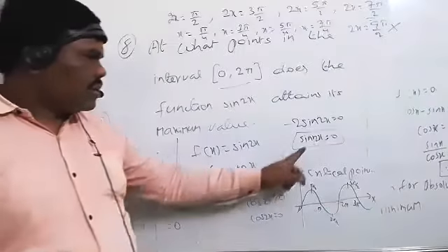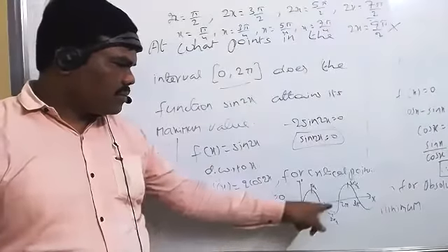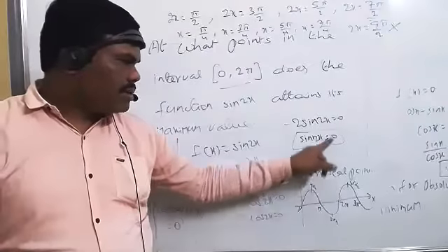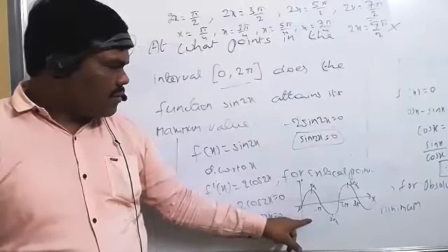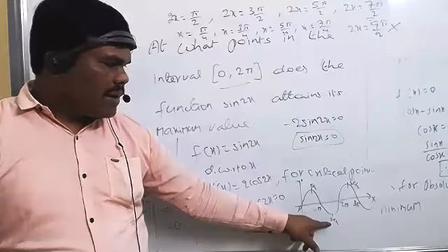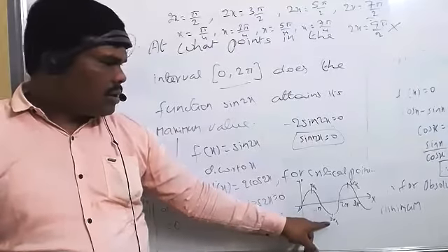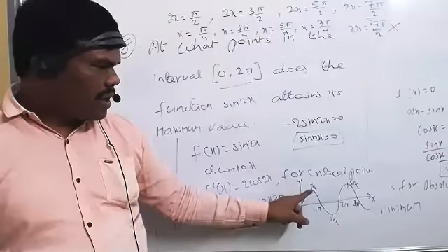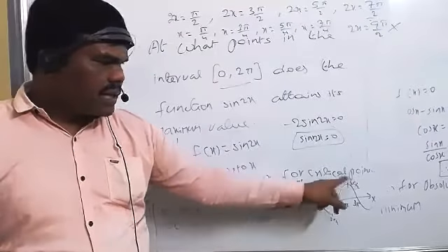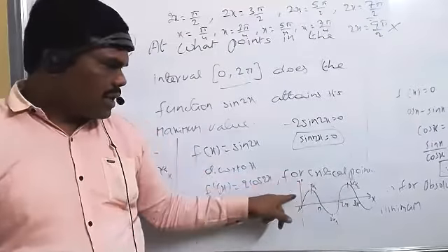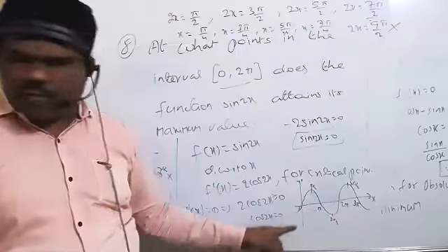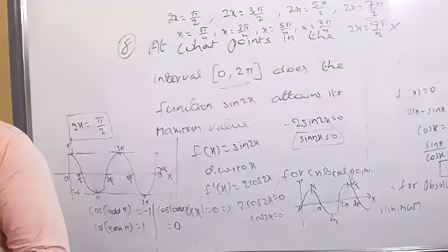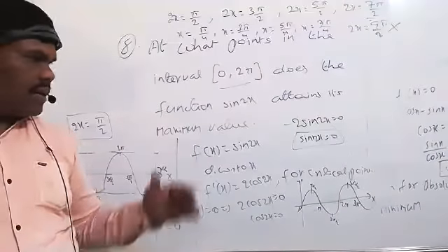Now suppose we got sin 2x equal to 0, then when is it possible? Sine of odd multiples of pi is 0. The sine of odd multiples of pi by 2, sorry, this is even, the pi by 2, 5 pi by 2, these values you can take. At these points we will get plus 1, and at these points we are getting minus 1. That means if you take the graph of any trigonometric function, you'll understand very clearly and easily get the answers in examination.